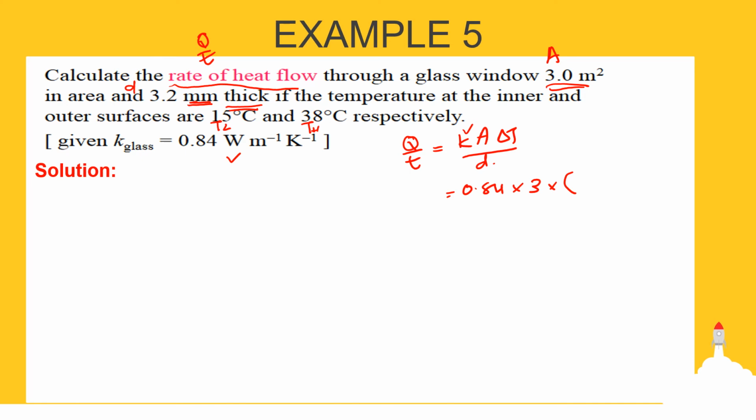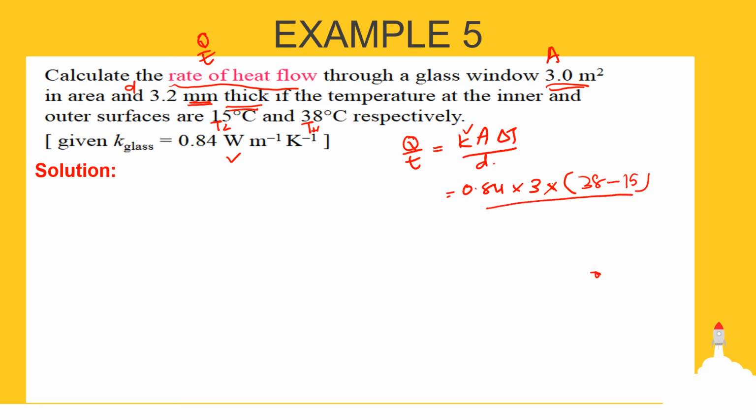Okay, kalau nanti in the future you belajar, you kena consider lah untuk negative value. Also untuk in this case dalam fizik ni kita nak dapatkan dia absolute positive value. Jadinya kita perlu buat daripada T hot tolak T cold. Okay, jadi 38 tolak dengan 15